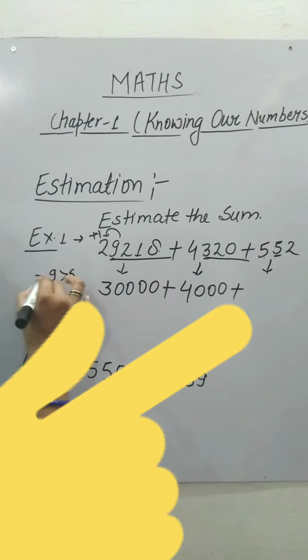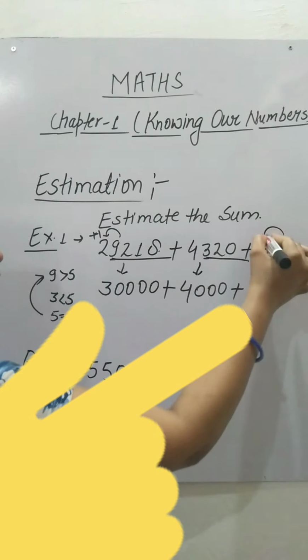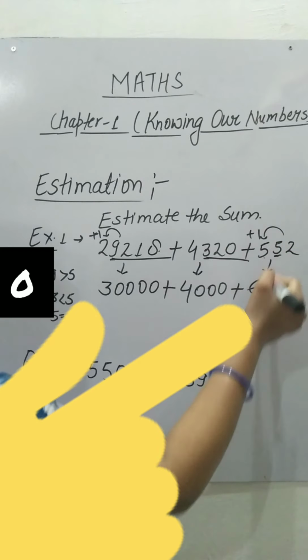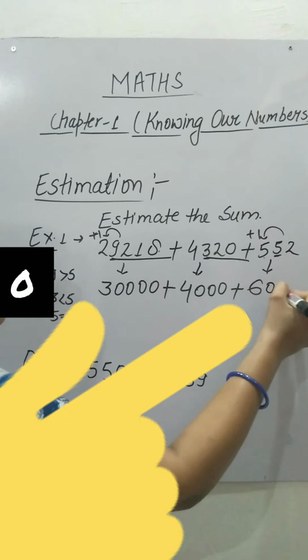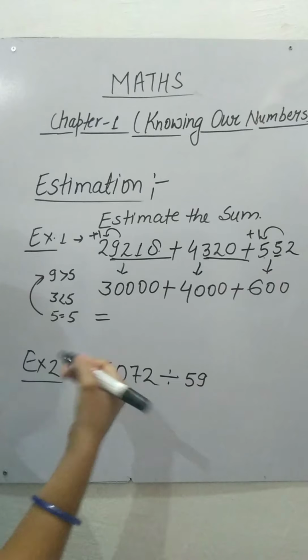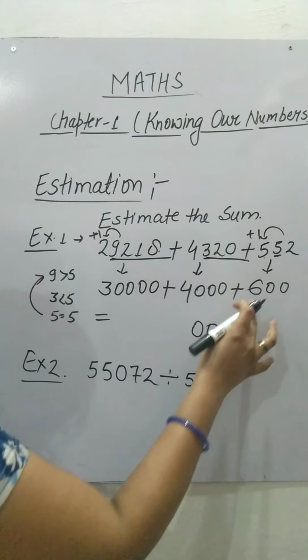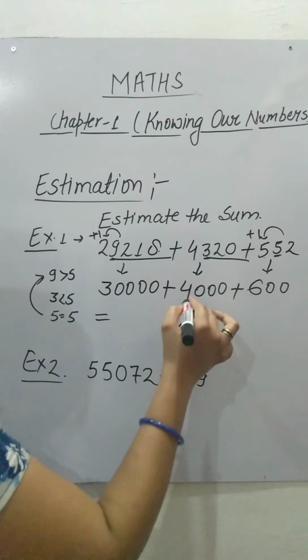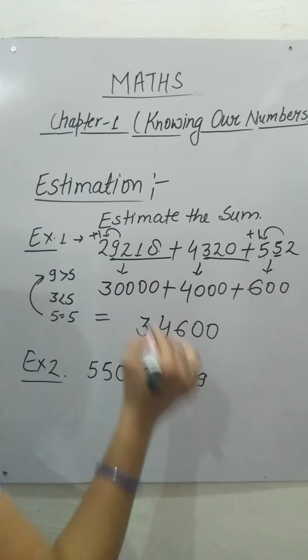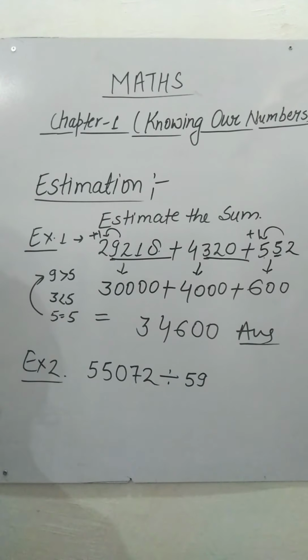So we will do the same thing, as it is greater than 5. Here we will add 1 to the 100s place, that is 6, and all the rest are 0. So now we can add them easily. There are 2 0s, and that is 6, that is 4 and that is 3. So this is your answer.